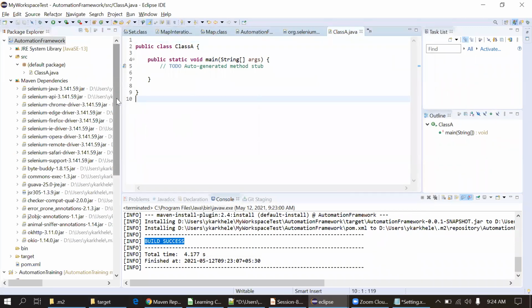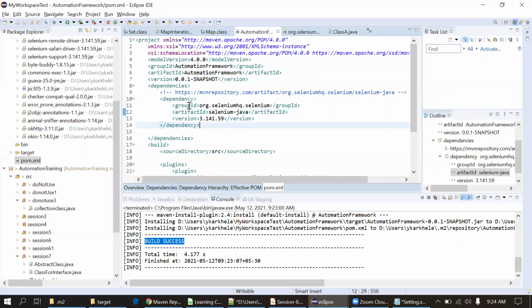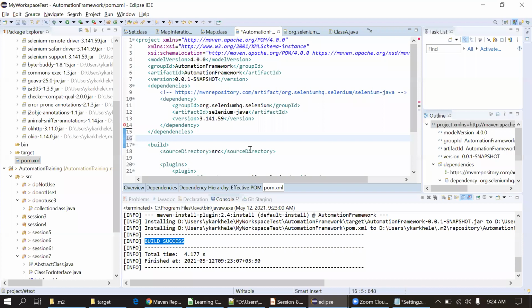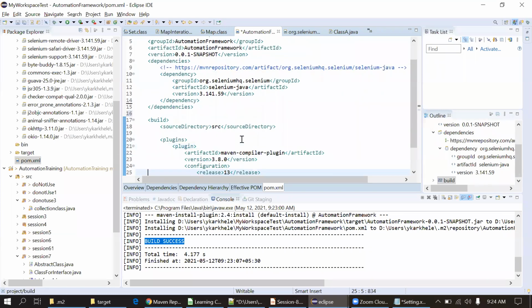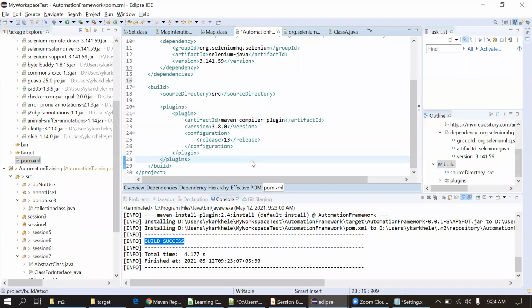And in pom.xml, we have added one dependency here, in the dependency tag. This is a plugin which is used for compilation.